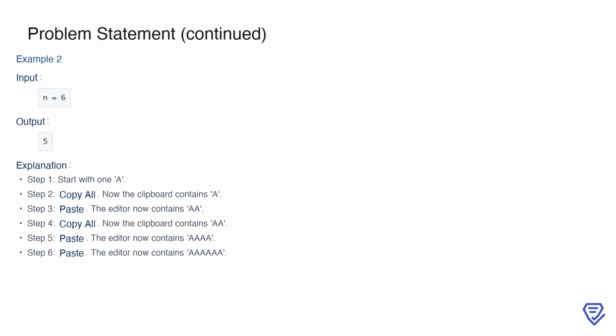Now let's consider another example where n equals 6. Again, we start with one A. The first operation is copy all, copying the single A to the clipboard. The second operation is paste, which brings the total to 2 A's. At this point, we use another copy all, updating the clipboard to contain 2 A's. Next, we perform a paste, adding 2 more A's and reaching 4 in total. Finally, one more paste adds 2 additional A's, bringing the total to 6. This sequence takes 5 operations in total. Notice how we used a second copy all operation when the editor contained 2 A's to minimize the number of